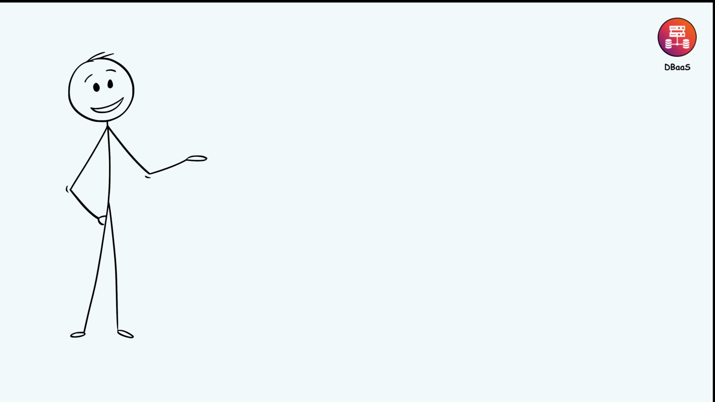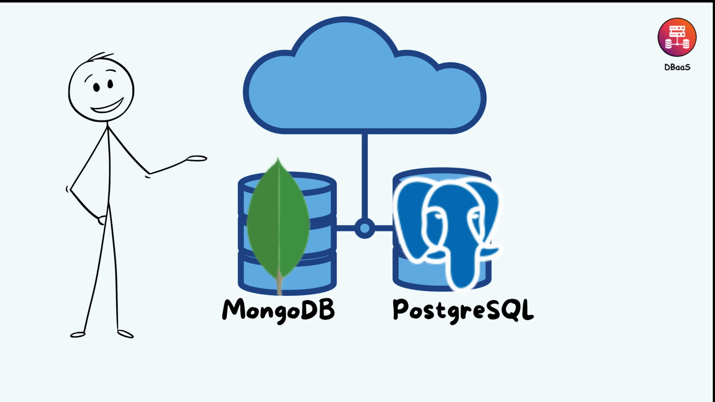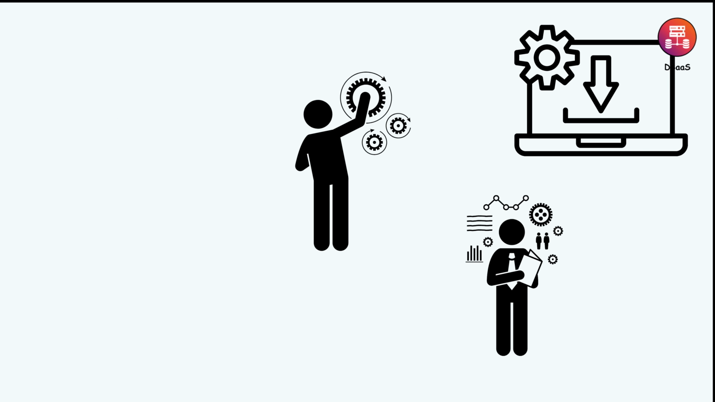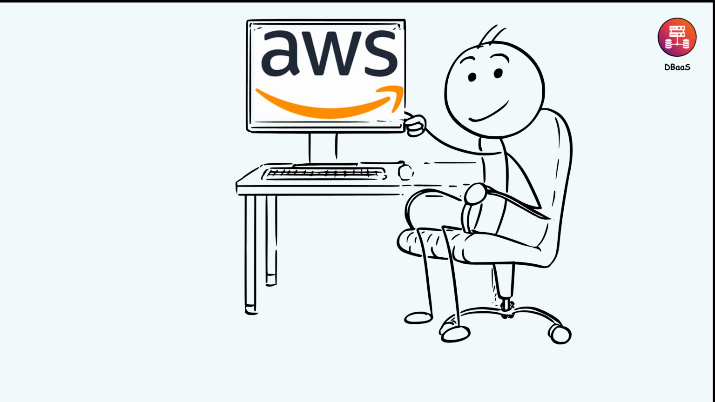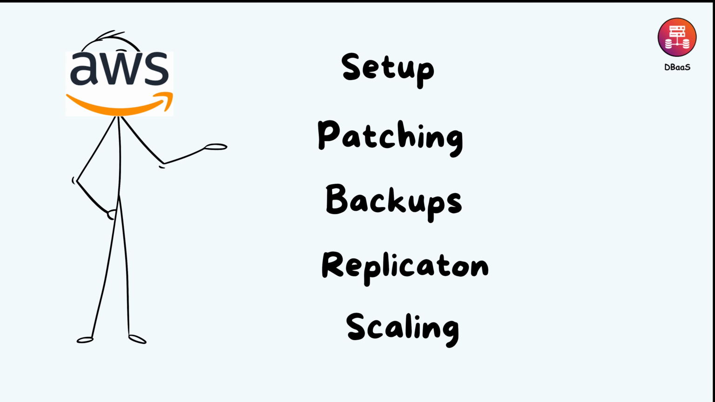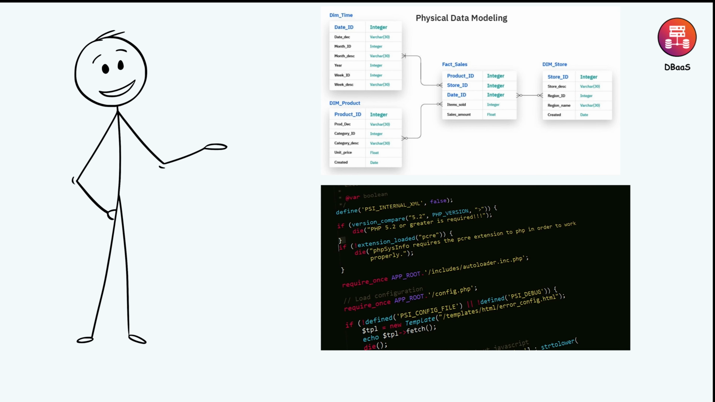DBaaS, or Database as a Service, provides fully managed database systems in the cloud. Rather than installing, configuring, and administering database software yourself, the cloud provider handles all the operational aspects, including setup, patching, backups, replication, and scaling. This allows you to focus on your data models and application logic while leaving the database